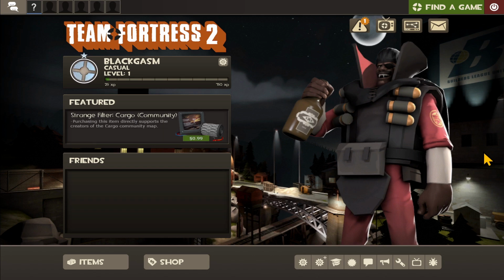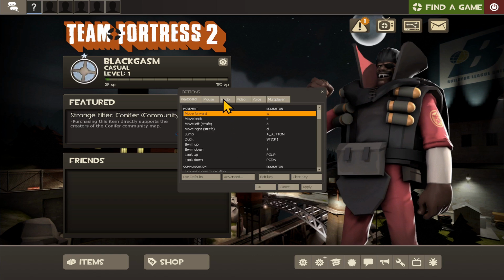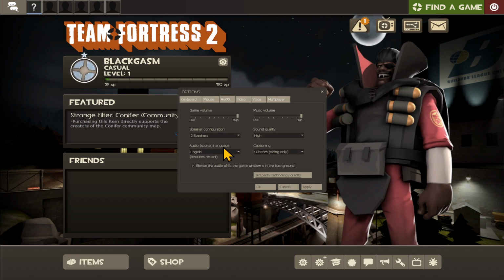First of all, open up the Team Fortress 2 game on your device, and once you are taken into the home page, if you wish to change the audio language, just click on the gear icon at the bottom where it says Options. Now within the Options page, click on Audio, and now you can find the Audio Spoken Language